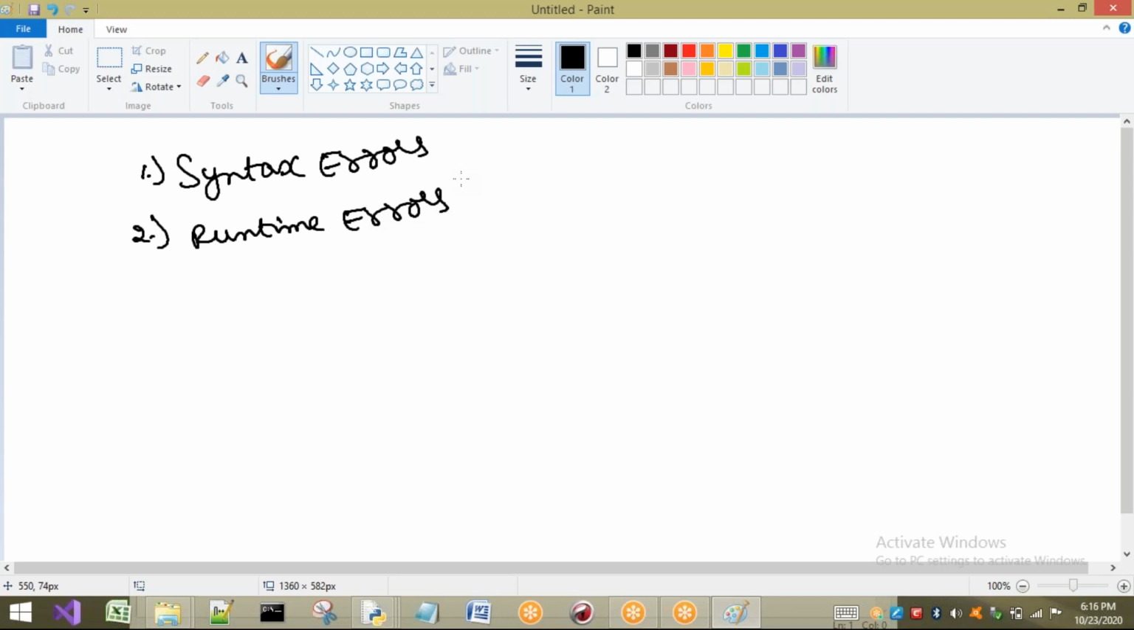Syntax error means syntax. We have to observe this one, syntax. That means internally, all the syntaxes are by default known by our Python virtual machine. For example, like our grammar,